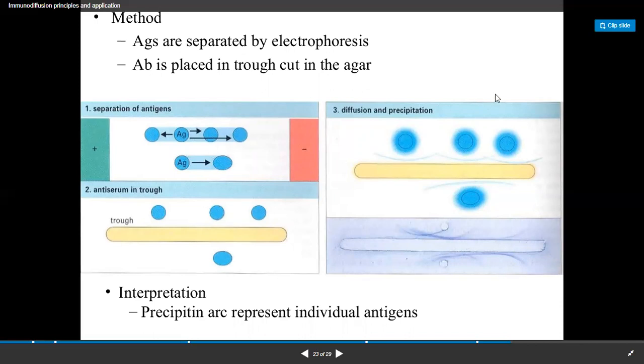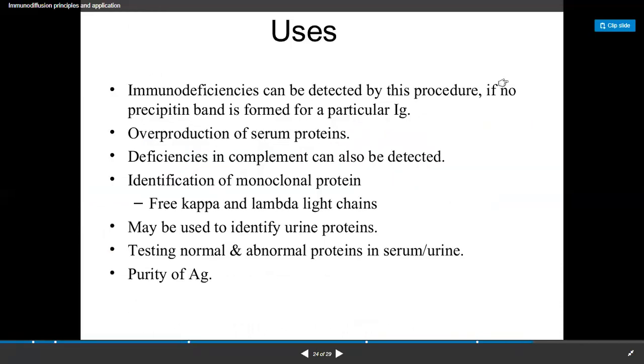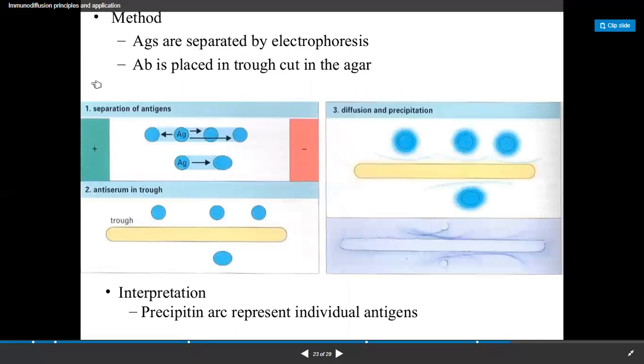This is the diagrammatic presentation of this experiment. First we added antigen to the agar well, then we applied the electric field and the antigen gets separated.